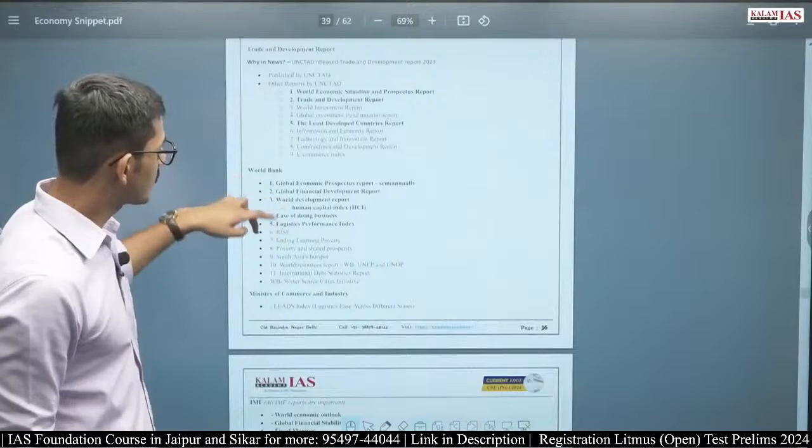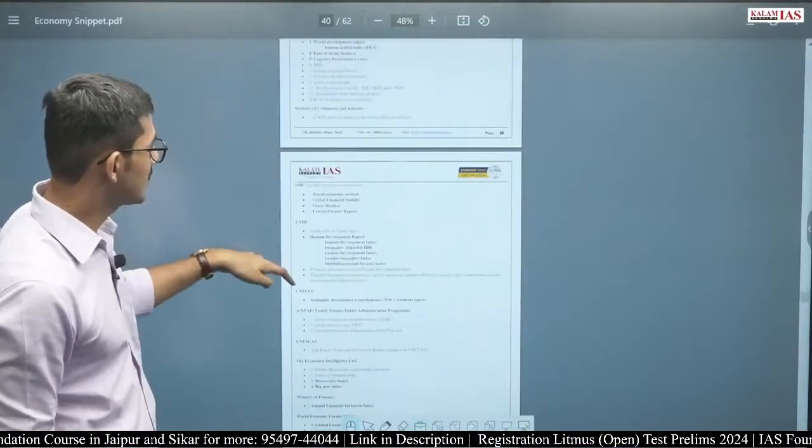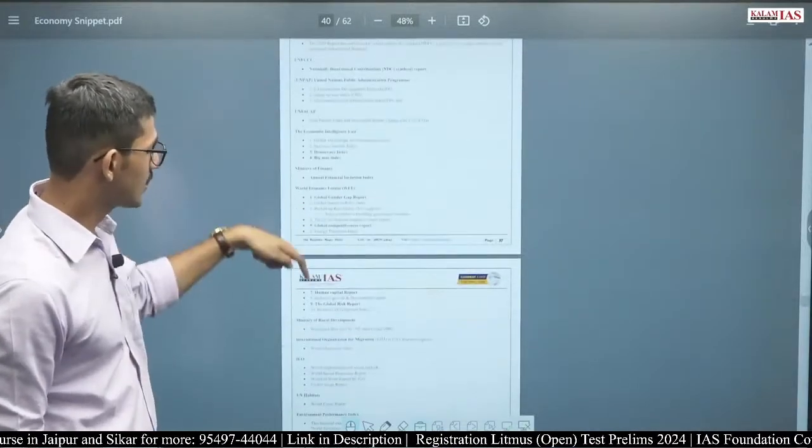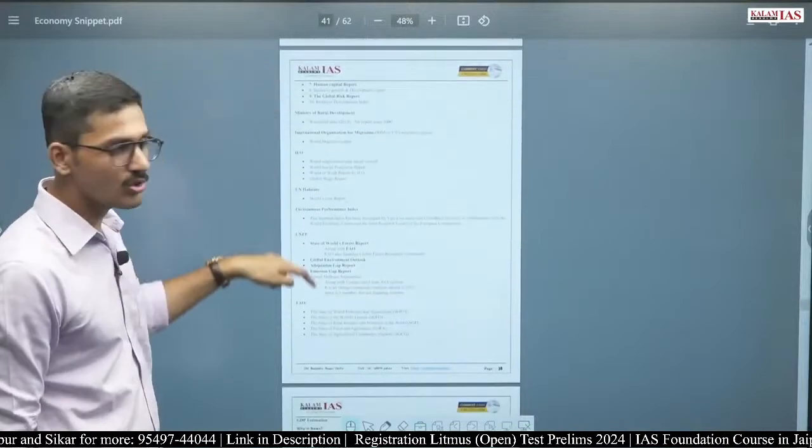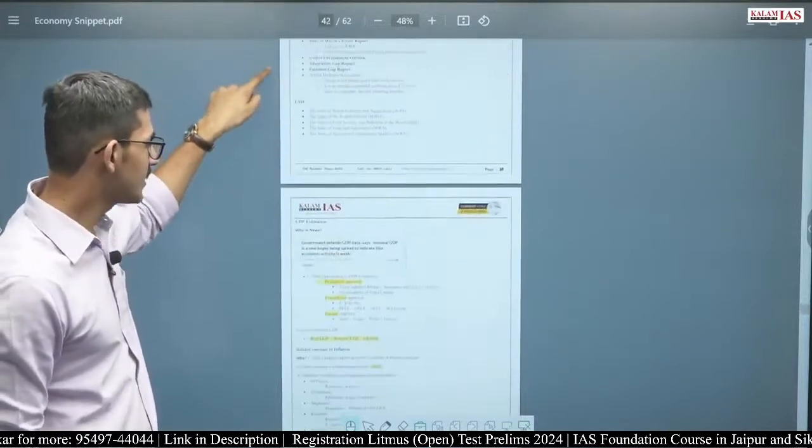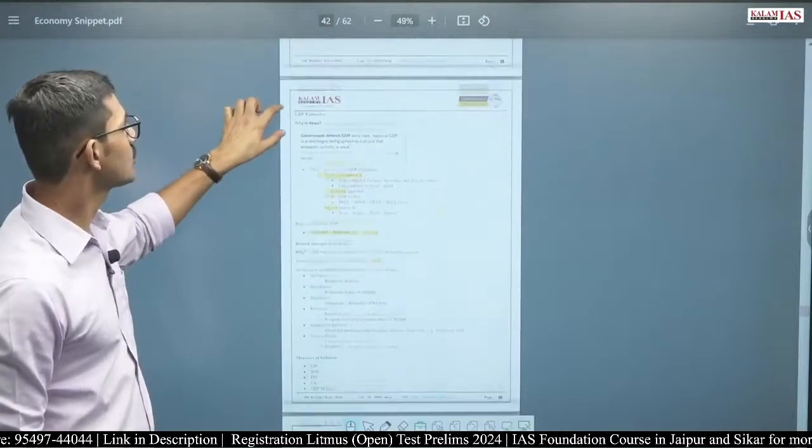Now these are important reports. We do not have to do these reports now because there is a separate class we are going to conduct either day after tomorrow or on 26th, where you will be notified in advance. So we are going to do the reports then.